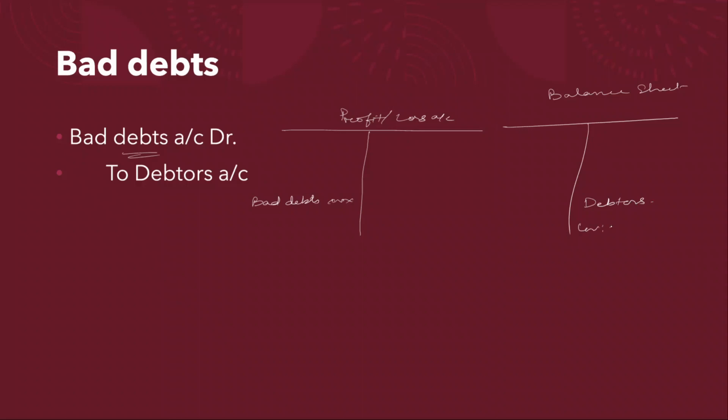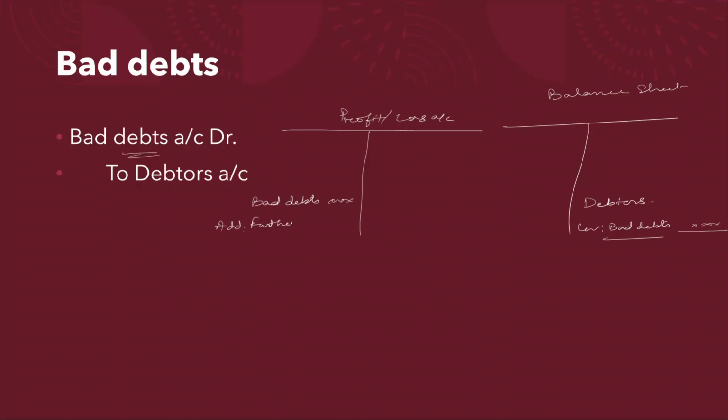You will less the bad debts. Okay, bad debts. Then you will show the actual value of debtors, what is standing now. Here you will deduct the bad debts from the debtors. Suppose additional further bad debts happened this year, but you have not recorded previously. So what you will do? That further bad debts you will add here.